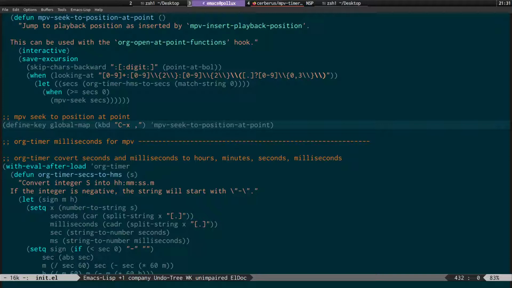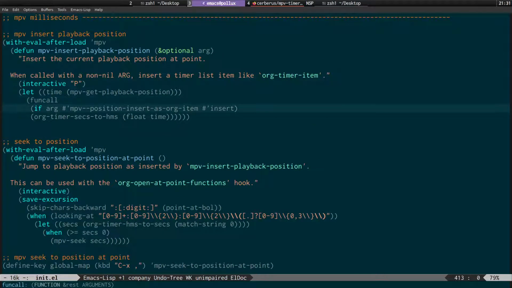Basically, this is Control X, comma, and this runs the mpv seek to position at point function, which is this one here. And what I had to do was alter the regular expression here to also search for a dot after the time string. So normally it's 00 colon 00, etc. So I had to modify that to search for a dot and then some digits,